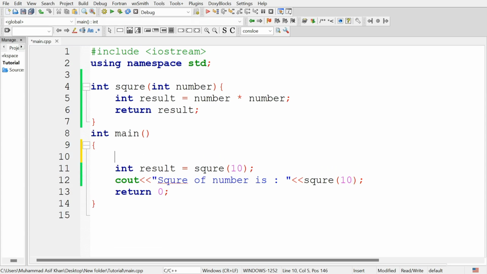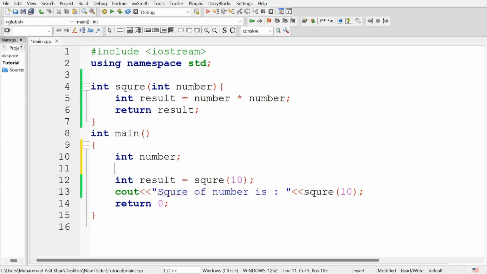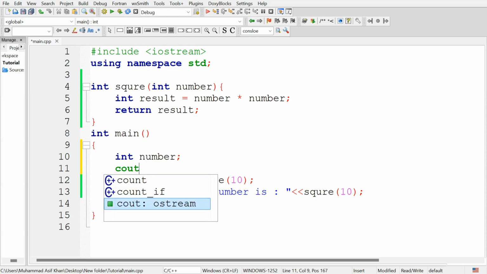Let's ask the user to enter a number, and then we will use that number to calculate the square of the number. Create a variable of type integer, number, and ask the user to enter a number.